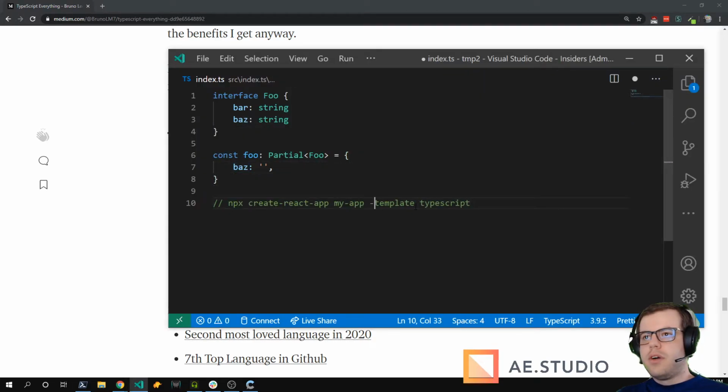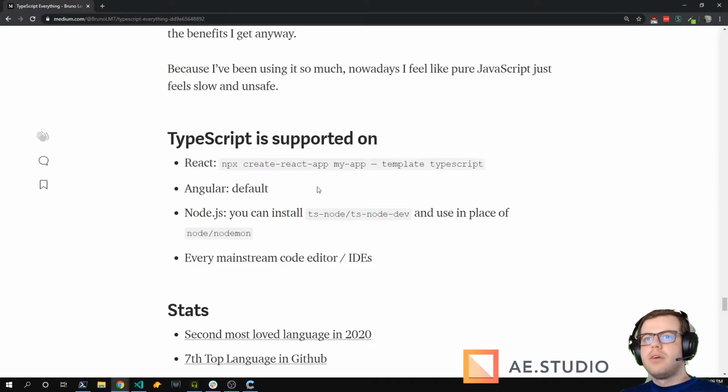I can specify a template and I can say TypeScript. Then create React app is going to create a React application for me with TypeScript. Angular has TypeScript by default.